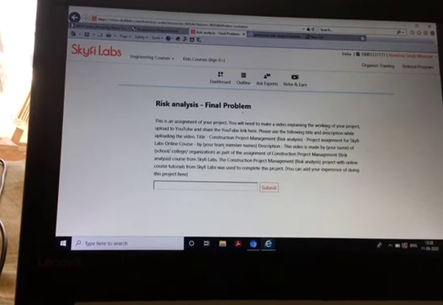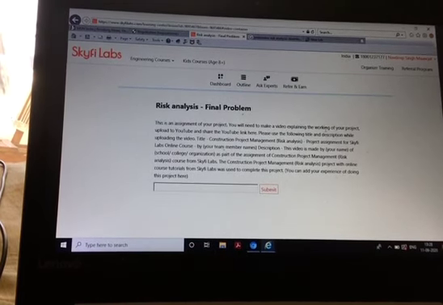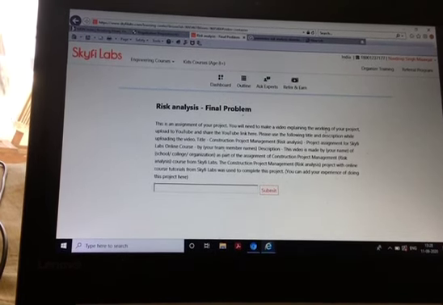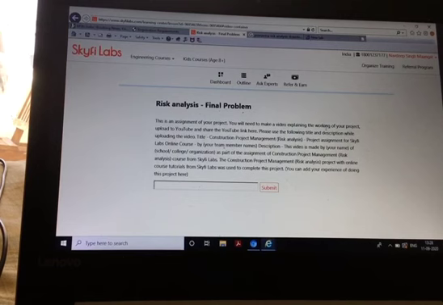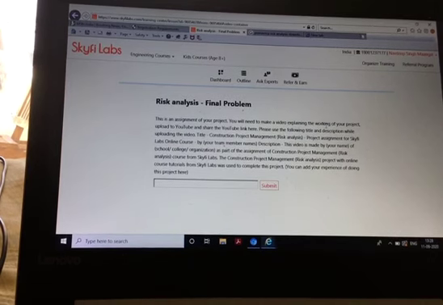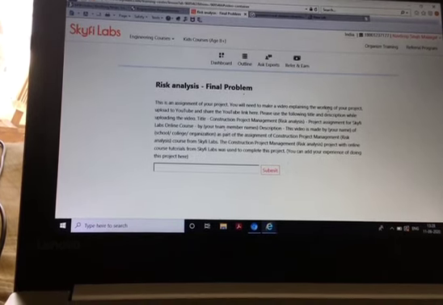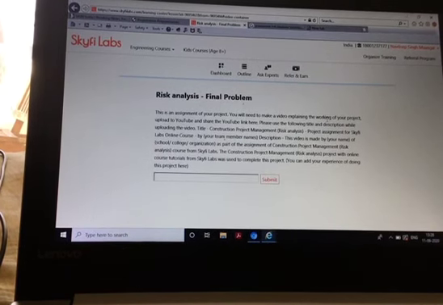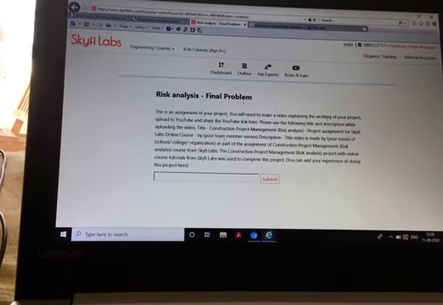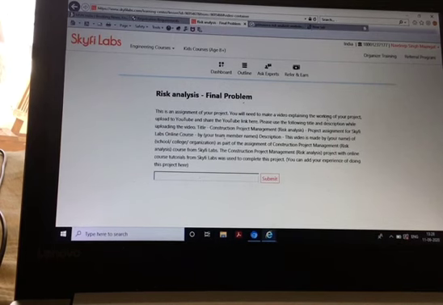Okay, then after all this, I saw the class perform the risk analysis for cost on the Primavera Risk Analysis software. But again, I could not download it because there was no link given. I also sent an email to the Skyfi Labs team regarding this.